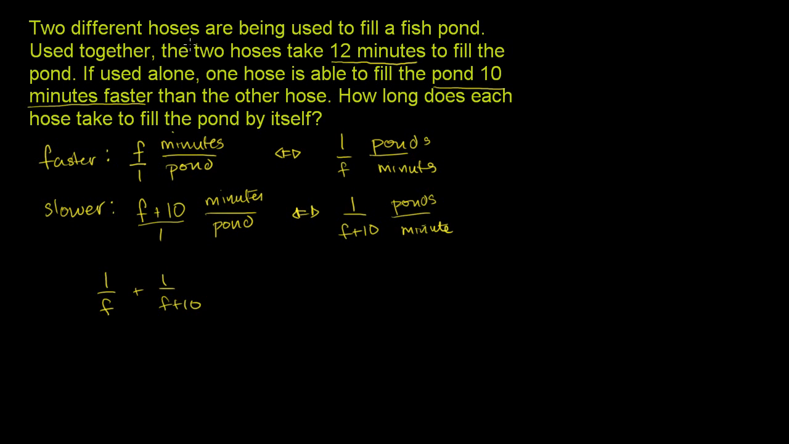Now, we know that information. They say the two hoses take 12 minutes. The two hoses take 12 minutes. So let me write that over here. So combined, they take 12 minutes per pond. So what is their combined rate in terms of ponds per minute? So you could use this 12 minutes per one pond. You could take the inverse of this, or take the ratio in terms of ponds per minute instead, and you get 1 over 12